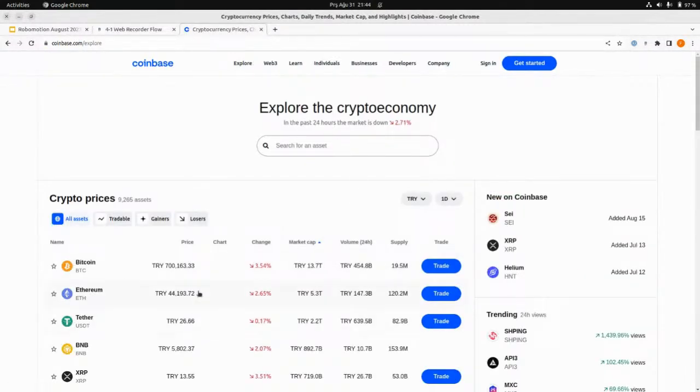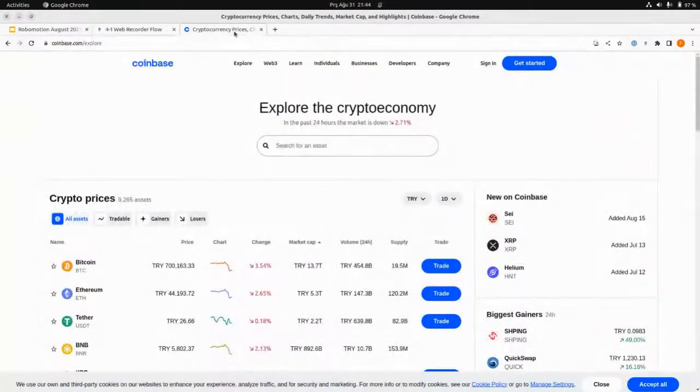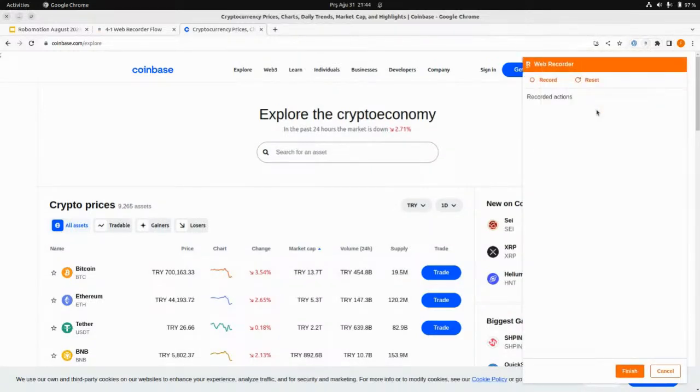For example, you need to scrape this one. You can add scrape table here and do the XPath selector manually, but also you can go to this extension and then start this recorder. You will see the web recorder here. We will see a step-by-step example later, but for here, just to scrape the table, you can